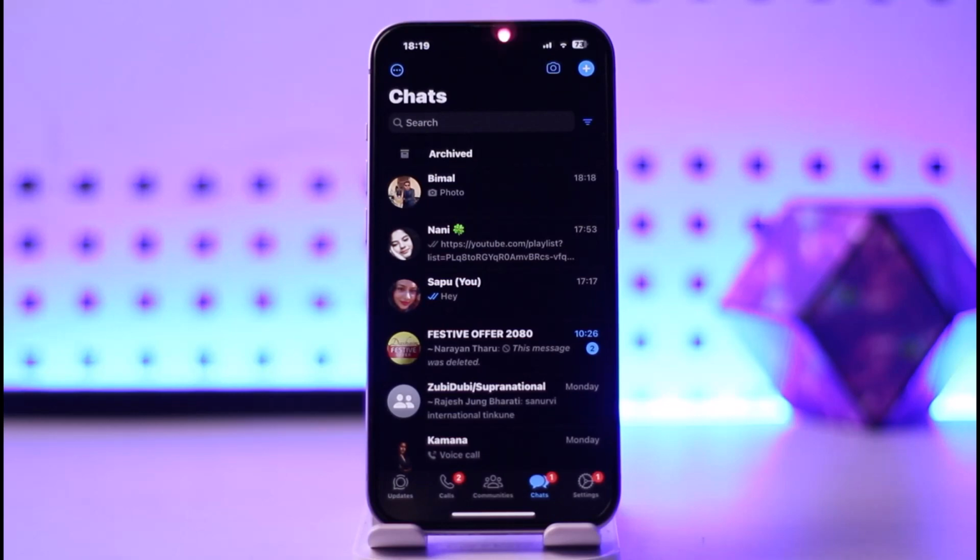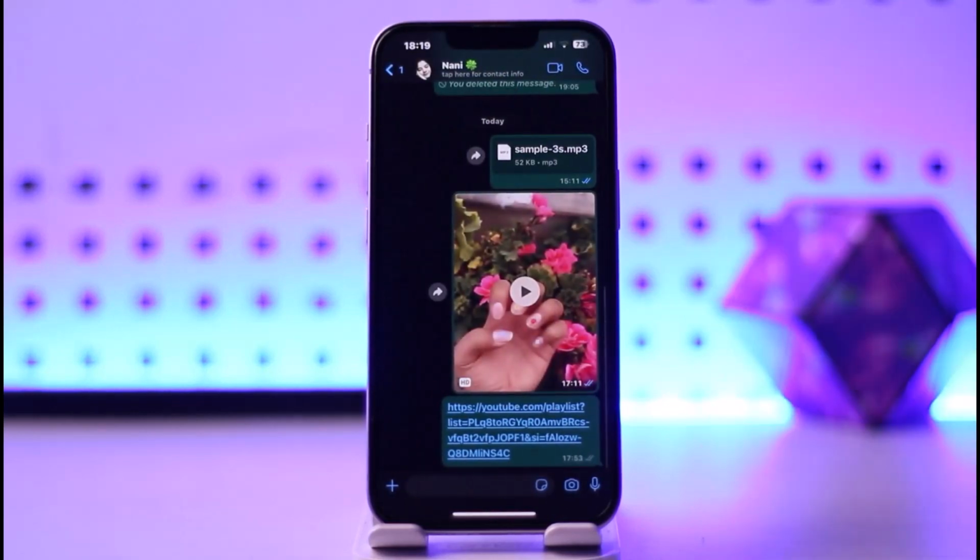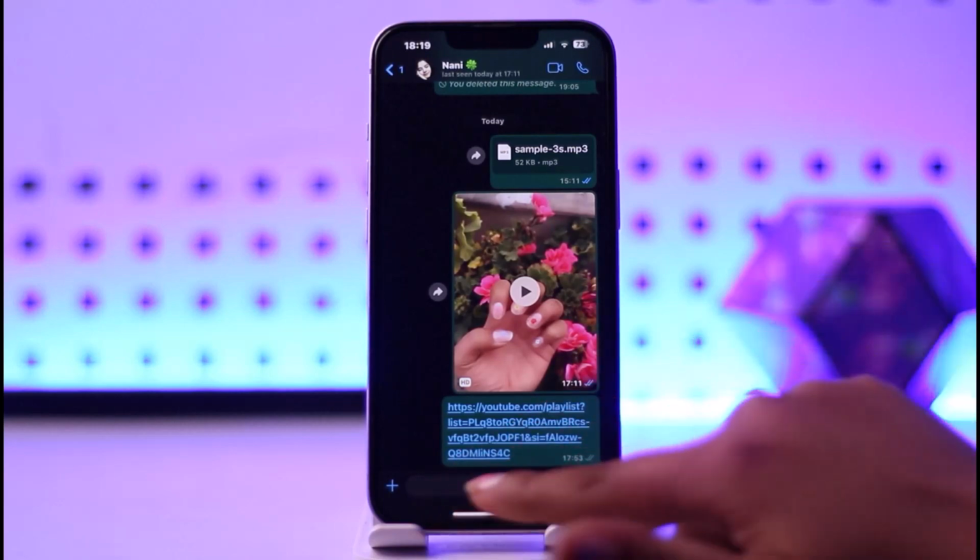For that, simply go ahead and access your WhatsApp app on your mobile phone. Once you have accessed your WhatsApp app, all you have to do is simply choose a user to whom you would like to send that message. Now go ahead and tap on this camera icon right over here